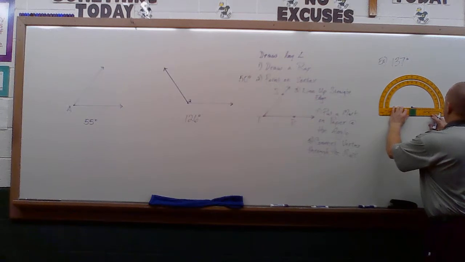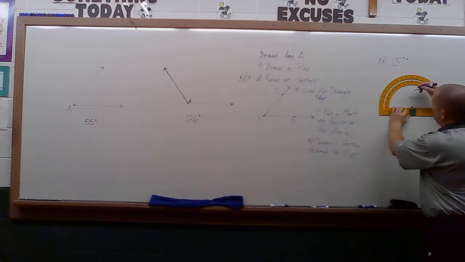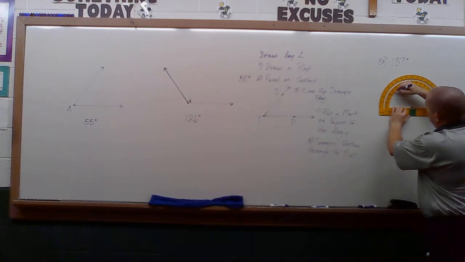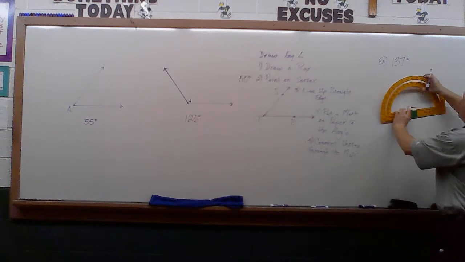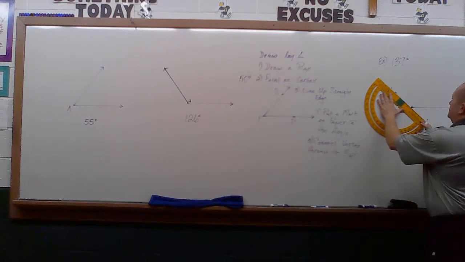So again, this time, it all depends on where you put your vertex. I put my vertex on the left-hand side, just like our last one. So now I'm going to the left-hand side. And now these ones right here, just kind of got to see if we can get as close as we can to that 137. And then connect my dots or my marks with